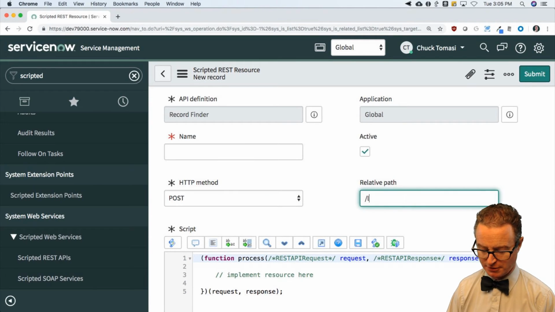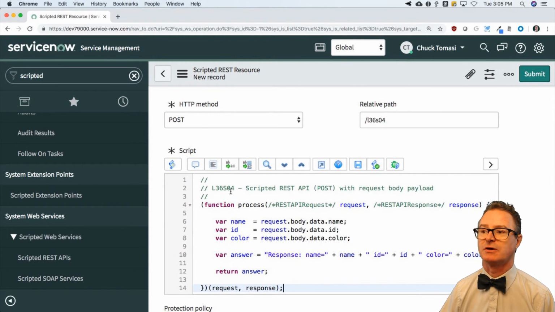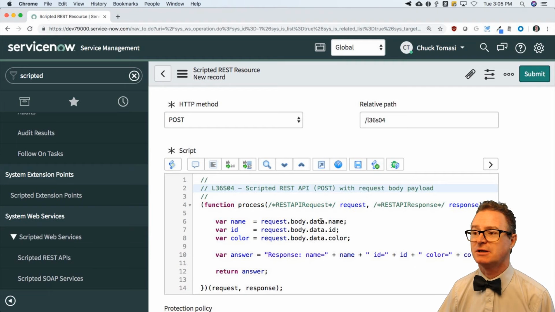Relative path, L36SO3, 4. We're on 4, I believe. Paste that in there. Yes, we're on 4. I put it in the header for you to help find it. Lesson 36, script 4. The way I access the body parameters is through